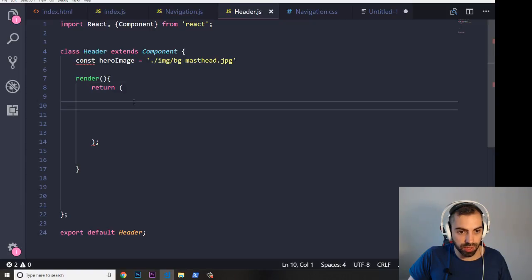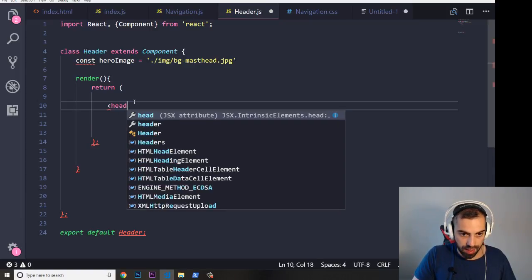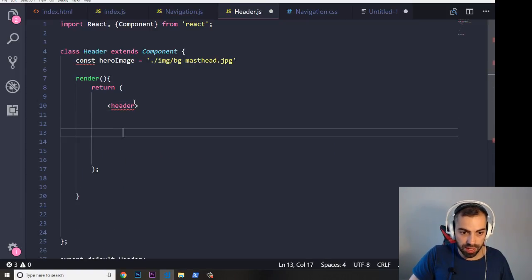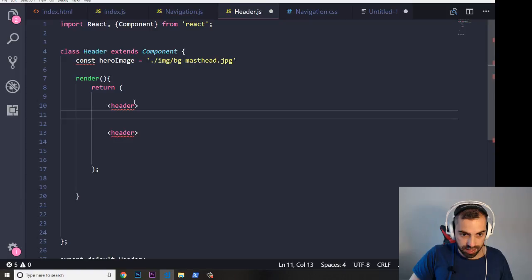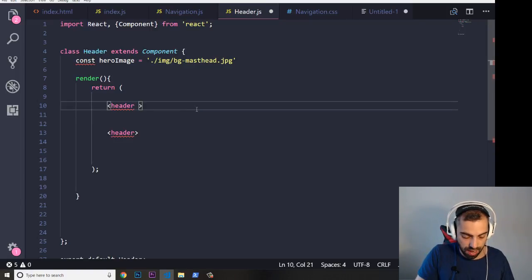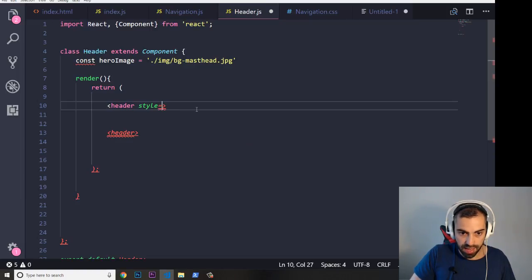Okay, so I'm going to return what I'm going to put in here now. I want to put a header, okay? I'm going to return this one, header. And inside of this header, I want to put a style. And inside of this style, I'm going to put like this, style equals